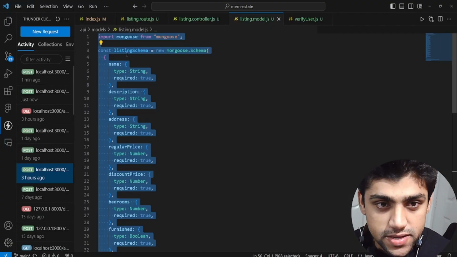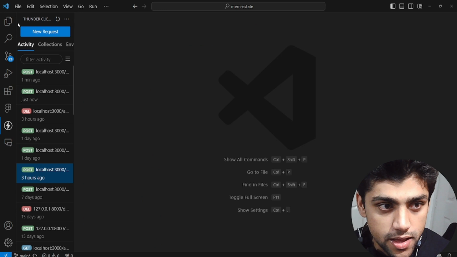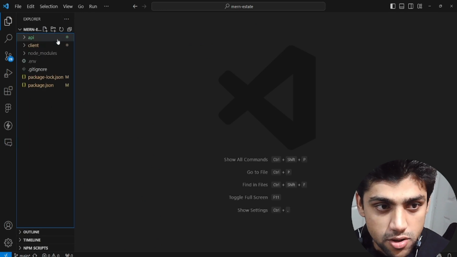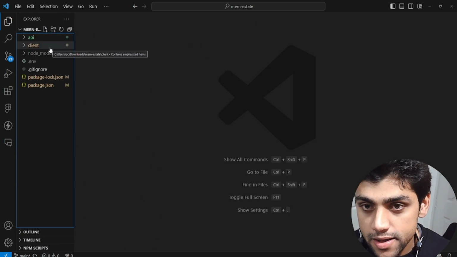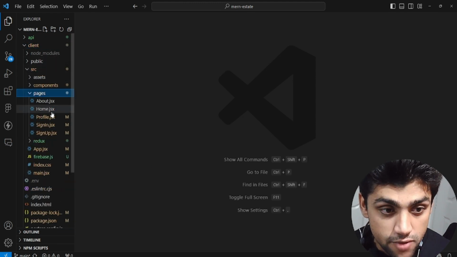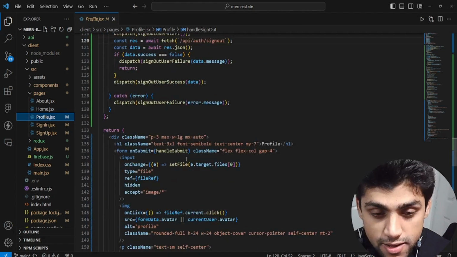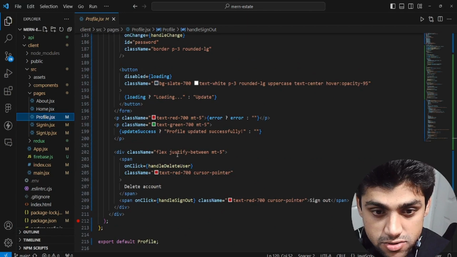So let's go and fix this up. First of all, let's close all of this stuff again. So close all, and let's go here, and we can just collapse all of this again. Now we want to go to the create, the UI. So we go to the client, we go to the source, we go to the pages, we go to the profile. And in here, all the way on the bottom, you would see the button that takes you to updating,